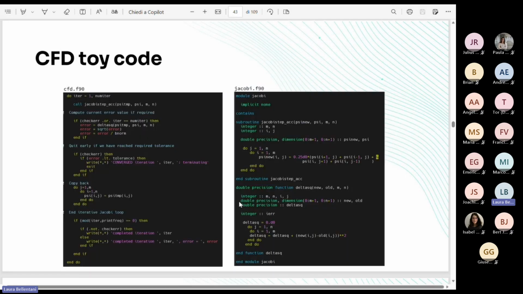To do that, as I mentioned before, we will use a very simple toy code. Basically, this toy code is composed of mainly two files, and it is written in Fortran. In one file, there is a do loop. The do loop calls one routine with some computation, and then it computes an error by reduction. It checks the convergence, does a copy on a temporary buffer, and then continues the loop. Otherwise, if it has reached convergence, it exits the loop. Okay, so this is a very basic standard code, but it is very good for this purpose.